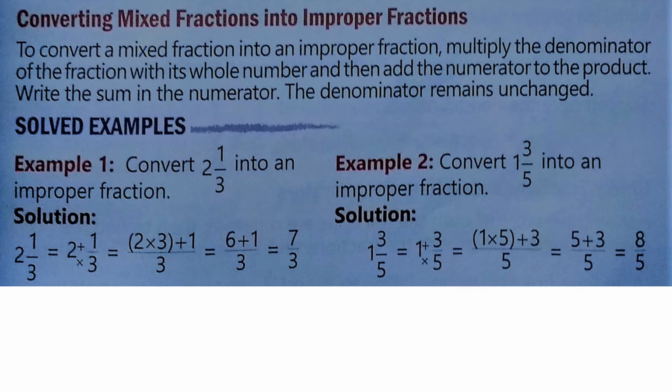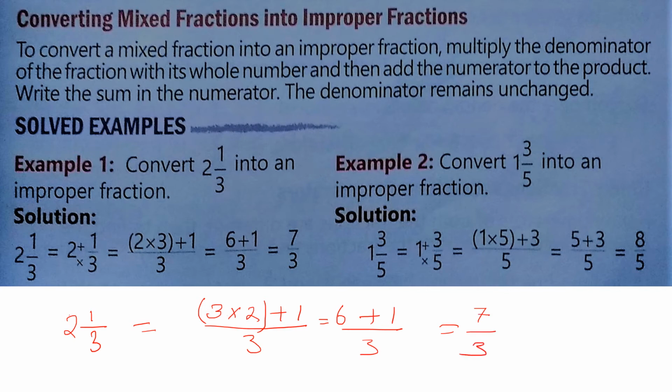So first what we will do? Suppose I'm doing here 1 by 3. How to do this? First you give the line, write your 3 here, and again write your 3 and put the multiplication sign, and write 2, and give the bracket plus 1. So 3 2s are 6 plus 1 by 3. So 6 plus 1 is 7 by 3. In this way we can do. Got it? See, we can do it in this way also. Clear? So let's do it.